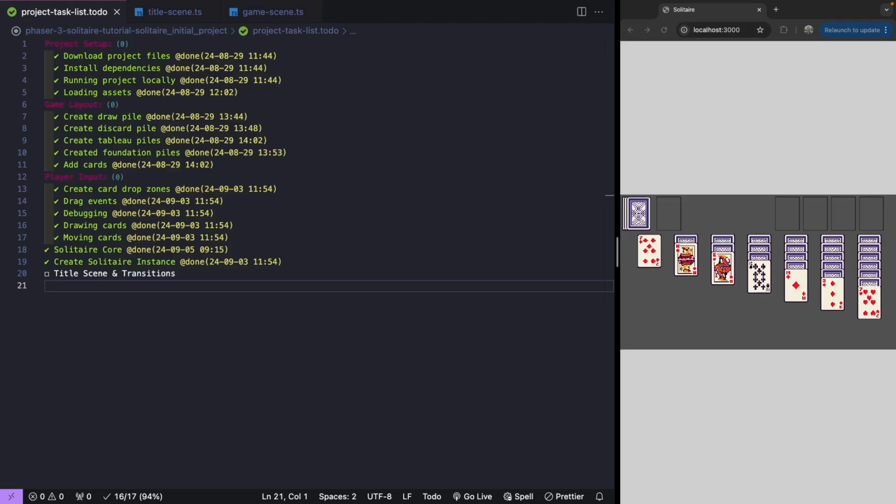All right, so with our core logic in place, the last thing we're going to do is work on making some UI improvements to our game. And so what we're going to do is update our title scene so we have a nice splash screen to show the player when they land on our page. Then we're going to add in some transitions so that we can transition smoothly to our game scene. So to do this,